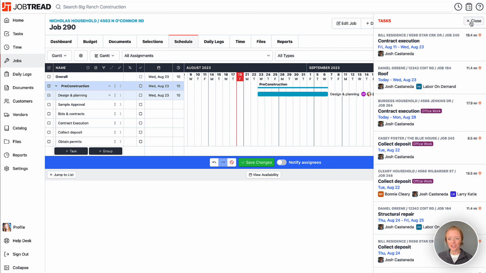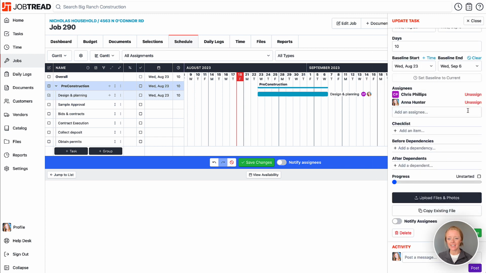It looks like Josh is pretty booked up, so let's actually unassign him, and let's just leave Chris and myself on this particular task. Now you can also add a checklist. And so the checklist is basically a list of items that need to be completed in order to reach completion of this particular task. So for the design and planning stage, of course, we need to ask the customer for